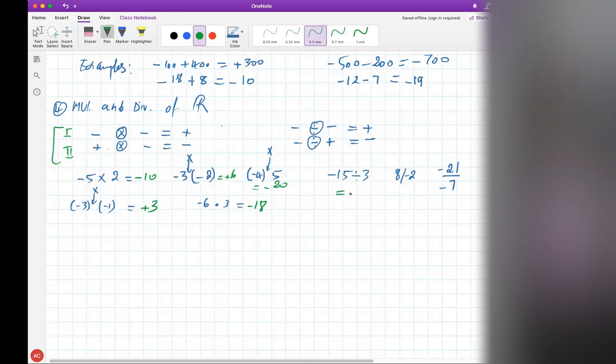Negative 5. Right, that's right, negative. Whenever you divide different signs, it's always going to be negative. And of course, the operation is here. That's 5, negative 5. What about this? 8 divided by negative 2 would be? Negative 4. Negative 4. And finally,